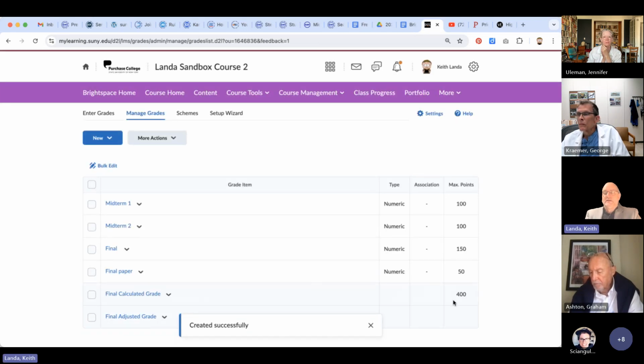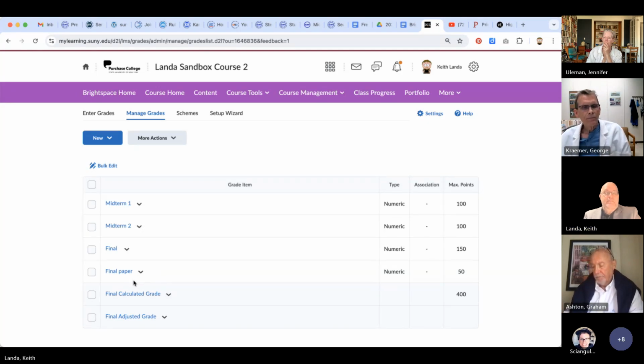And in terms of those 10-point assignments, you could create a category here for those assignments and make that 100 points. And then within the category, add the 10 assignments. I want to save that for when we're talking about the weighted grading schema. So here we basically have 400 points total, and students can earn anywhere from 0 to 400 points